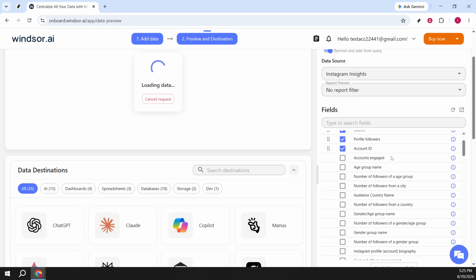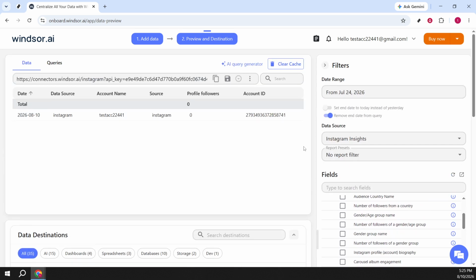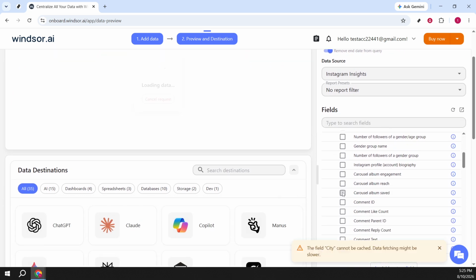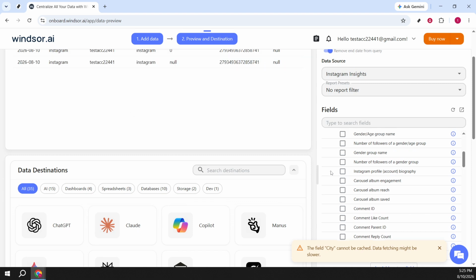Finally, confirm the accounts you want included in the preview. This ensures the filters match the profiles you authorized earlier. As you apply each choice, the preview updates so you can confirm everything looks right before moving on to analysis